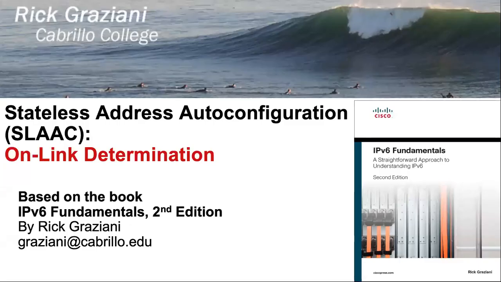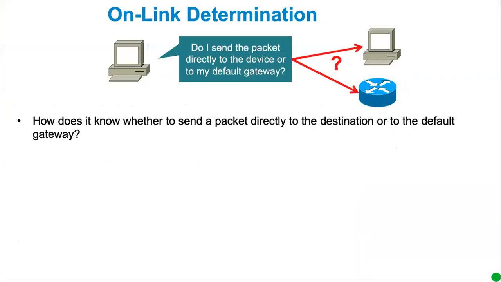Hi, in this video, we're going to continue talking about SLAAC. We're going to look at the on-link determination, or how a device knows what network it belongs to. Okay, so how does a device know what network it belongs to? In other words, how does it know whether to send packets with the destination IP address